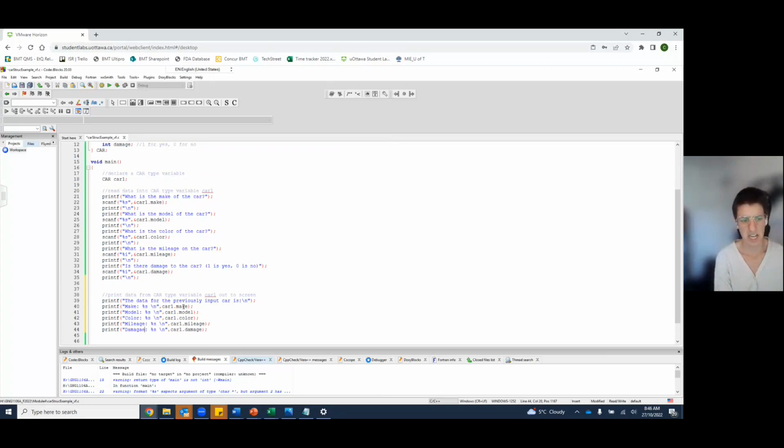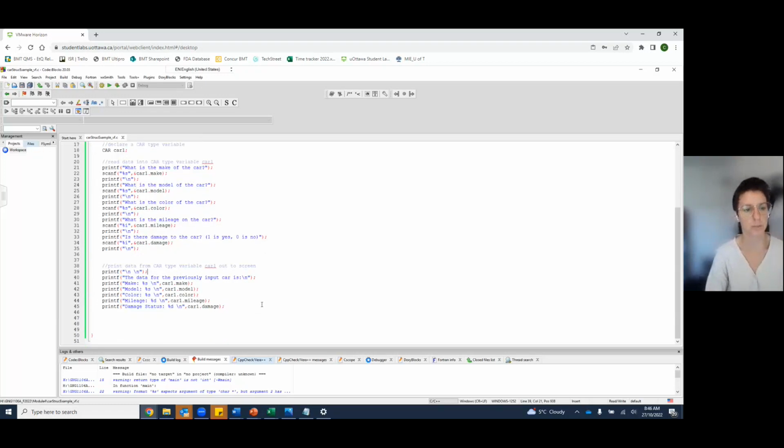I'll call this damage status. And remember our conversion specifiers need to be correct. These are integers, so we'll use %d for the printf function as well, just for readability. I'm going to include a couple new line symbols here just to make sure there's lots of space and the